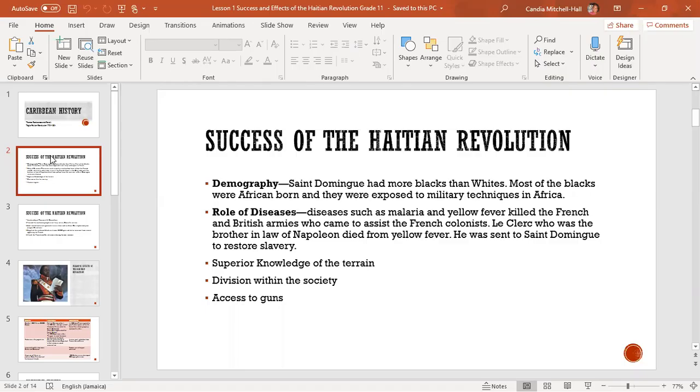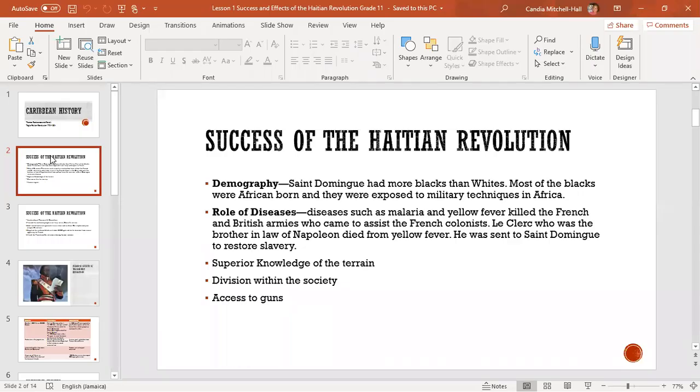For example, diseases such as malaria and yellow fever killed the French and the British armies. The French army came from France to restore order and slavery in Haiti, and they were not accustomed to the tropical diseases. Also, Leclerc, the brother-in-law of Napoleon, died from yellow fever. He was sent to Saint-Domingue